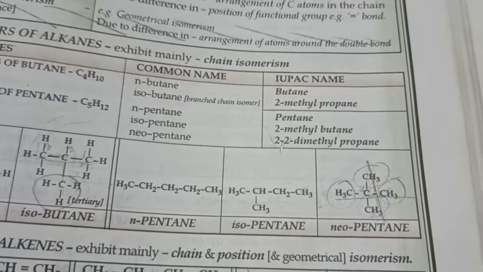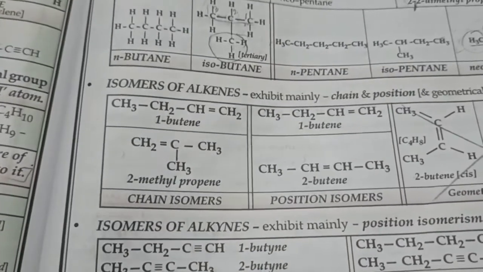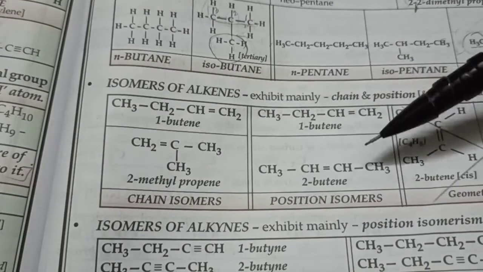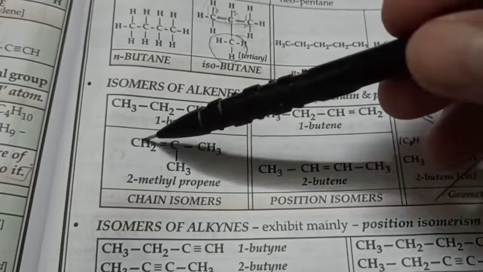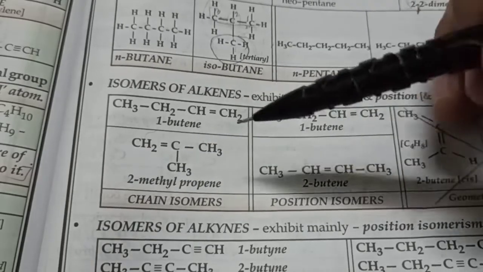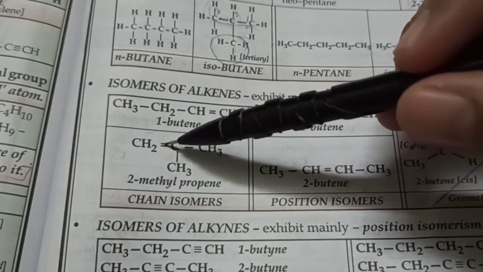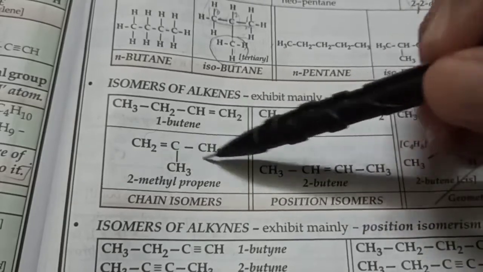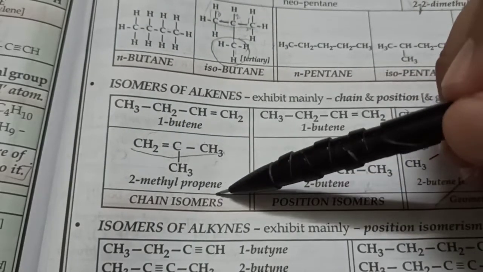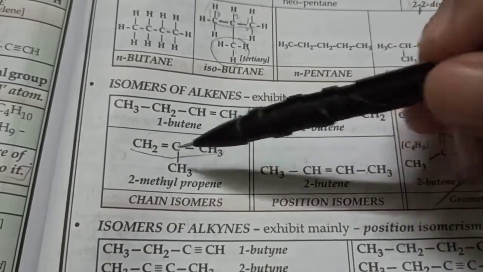Now let's go for alkenes. Remember in the summary we had left the branched naming, so let's do it now. We know what is 1 butene and 2 butene, they are position isomers. But what about this branched chain? How do we name this? Well, we've got a double bond here. So this is the longest chain. 3 carbon atoms. What is that root name? Propene. Prop because 3 carbon atoms and double bond, so ene.